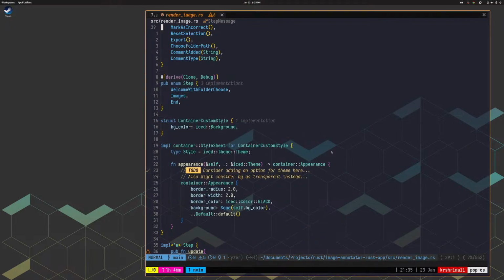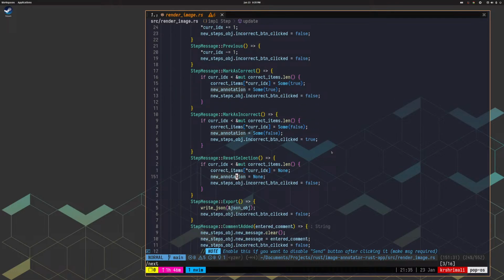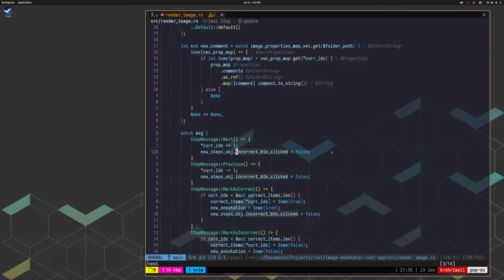So that's one thing, and let's fix it. Okay, so over here when you go to previous, incorrect button clicked equal to false. No, that's different. So that's for next image. Ideally I would have